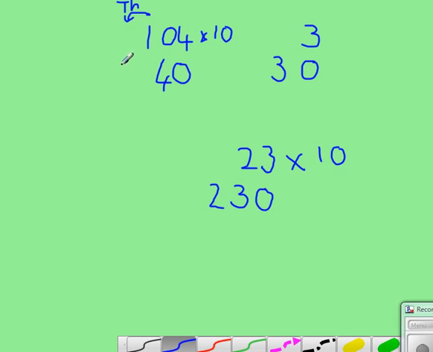So we put it there. This column here is called hundreds. We don't want it creeping into the hundreds column. So there we are, 1040. Another way of thinking of it, if you've got 2207 and you want to multiply that one by 10,